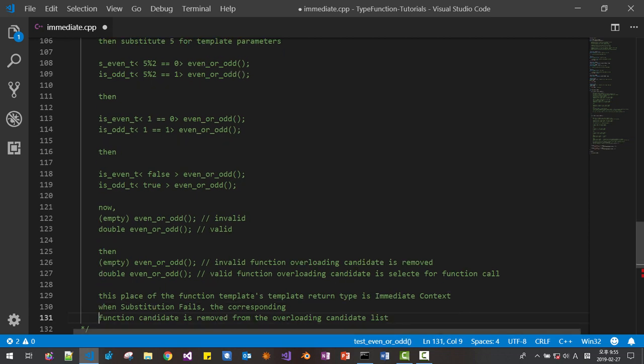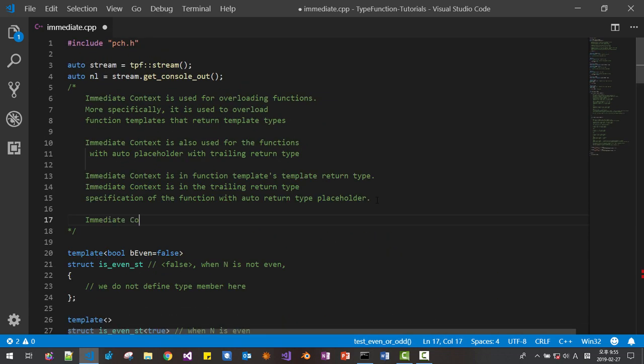This is the principle. Immediate context is the place where SFINAE, or substitution failure is not an error, works.